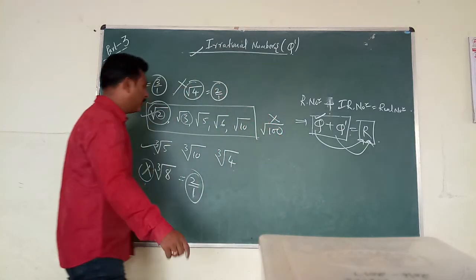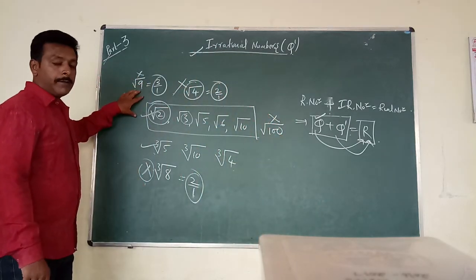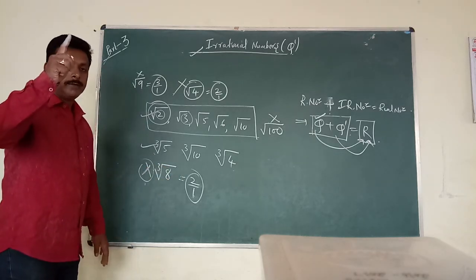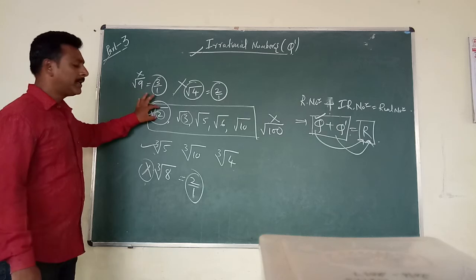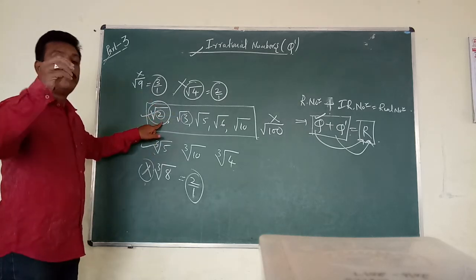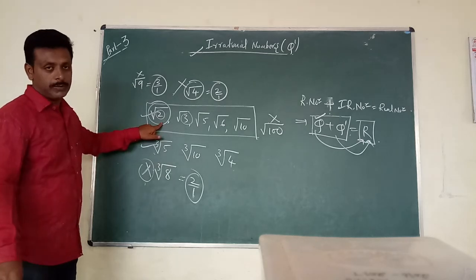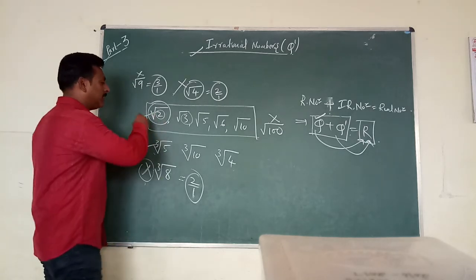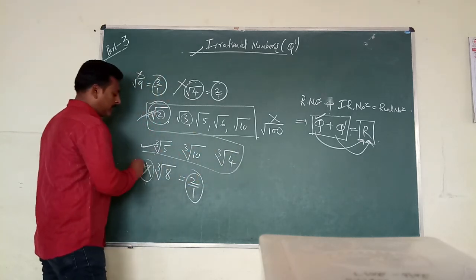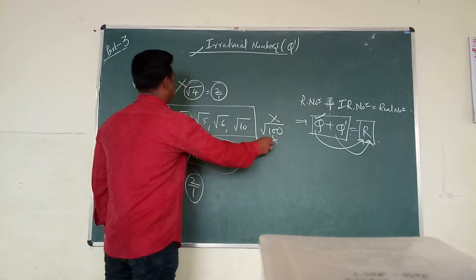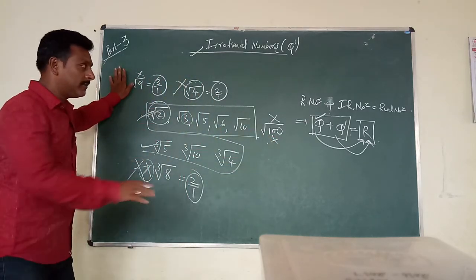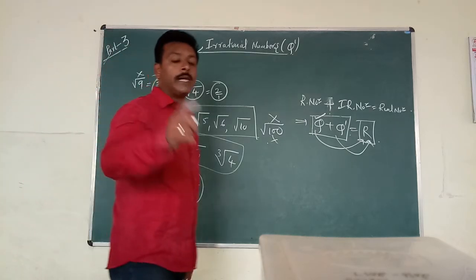वो point को याद रखो. And numbers which cannot be expressed in the p by q form are called irrational numbers. So whatever number you are writing within the root, they should not be perfect square or perfect cube. Then only you will get the irrational numbers. These are irrational numbers. Okay, these are irrational numbers, but this is not an irrational, this is not an irrational, this is not an irrational, this one also. Why? I think you understood. This is the introduction about irrational numbers.